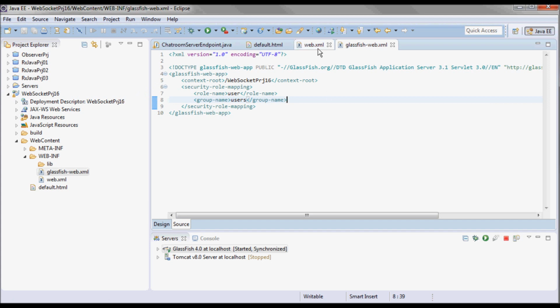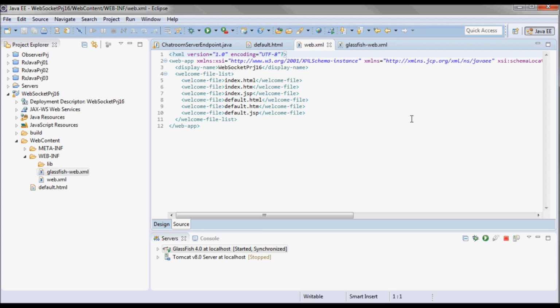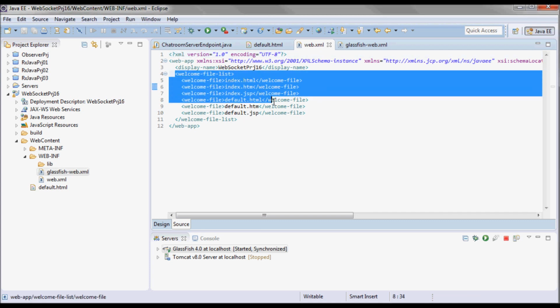And in web.xml, we go ahead and take those out.